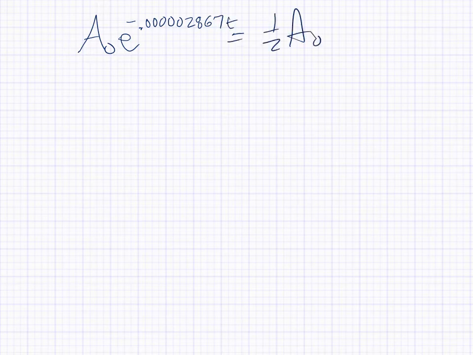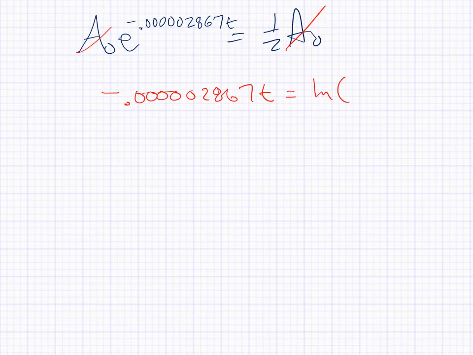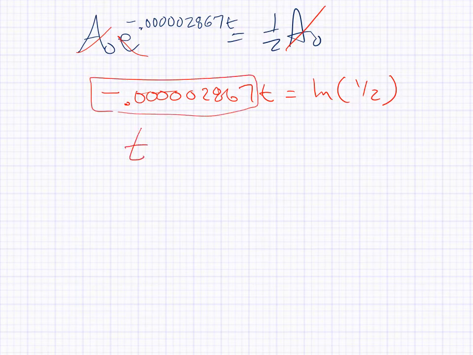So we have a sub 0 e to the negative 0.0000287 t equals 1/2 a sub 0. The a sub 0s will cancel each other out by dividing. I get rid of the e by taking the log, so then negative 0.0000287 t equals the log of 1/2. That gets rid of the e by taking the log, then divide by this, and you find that t is